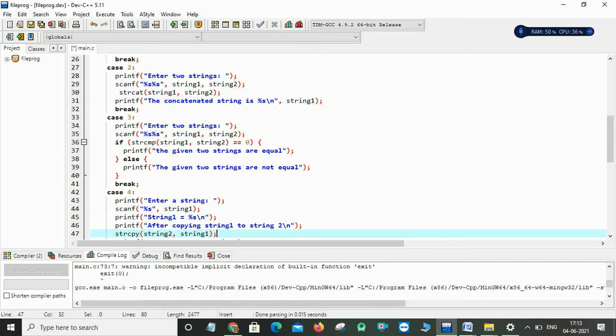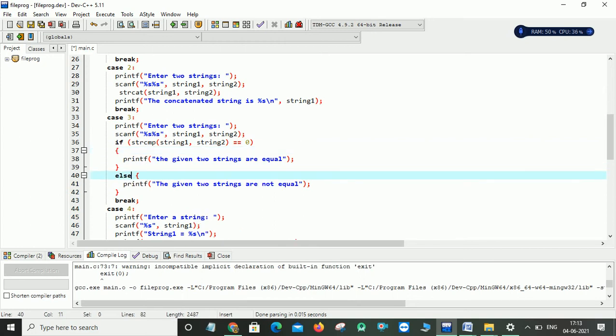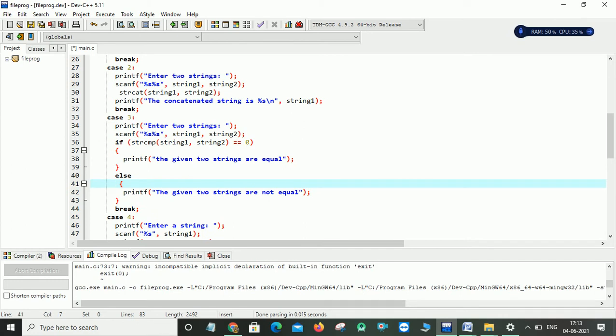If both are the same, it will return the result as 0. If the condition is true, the statement under this if is executed and it prints the given two strings are equal. If the condition fails, it will print the given two strings are not equal.